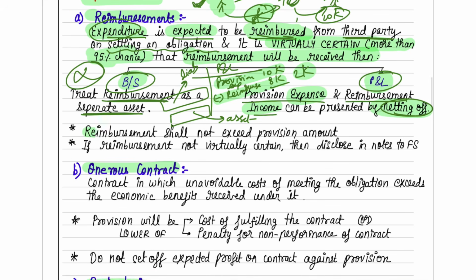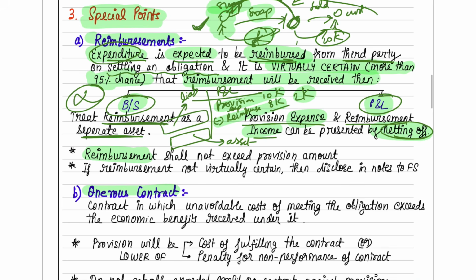Here, always remember that your reimbursement should not exceed your provision amount. Say you are paying the customer 10,000 rupees, and you have written that you'll get 12,000 reimbursement, so 2,000 is your profit or income. You cannot show it like that. This is very wrong. Like this, people will start manipulating their accounts and showing more reimbursement. No. Your reimbursement can only be up to the maximum amount of the provision. So the maximum reimbursement that you can record in your books is only up to 10,000. More than that you cannot record.